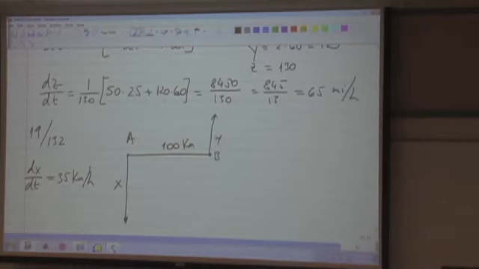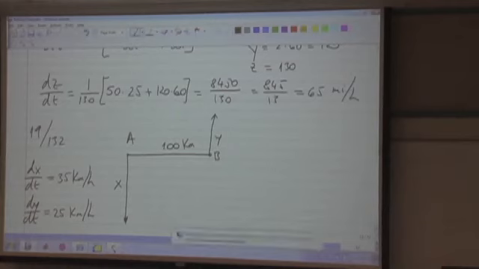So if we call this y, then dy over dt is equal to 25 kilometers per hour. How fast is the distance between the ships changing? So if I call this z, the question is